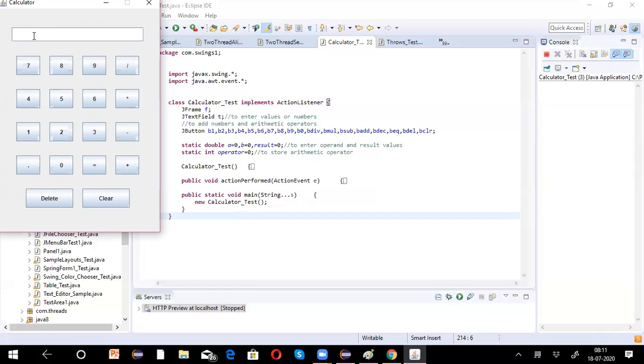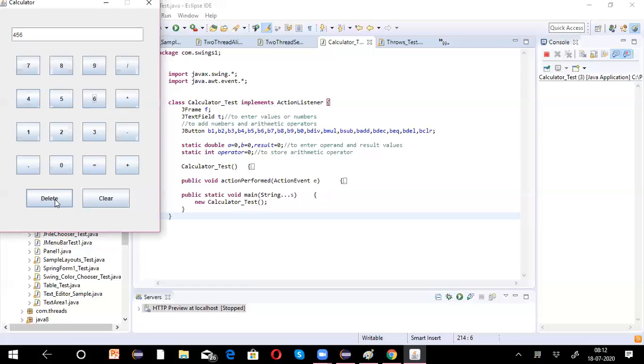And on top you have a text field. Now let's say you are entering 123. If I click on clear, the complete information is lost. 123. Let's say delete. See, one letter, it is deleting, one number, it is deleting.